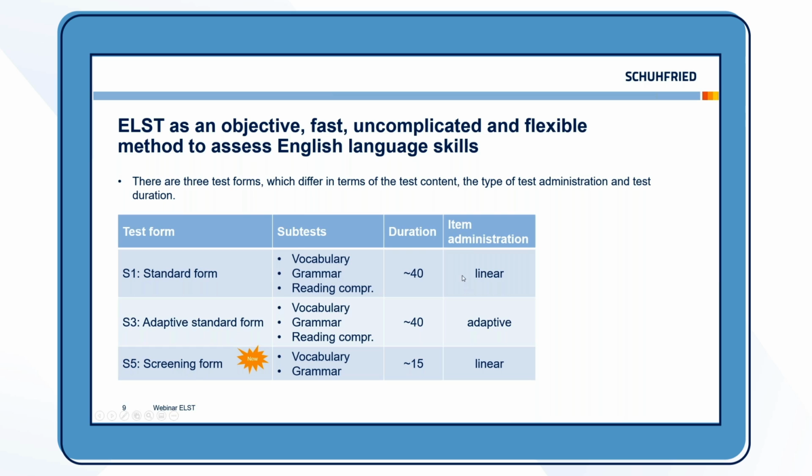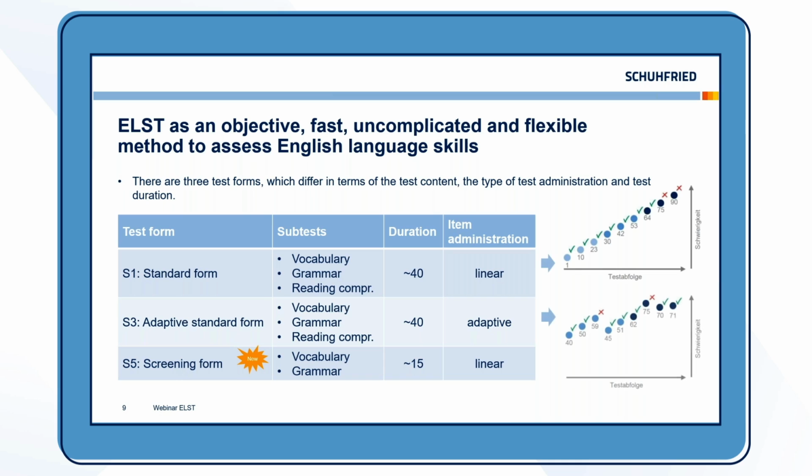So in the standard form, we have a linear item administration, which means that the same items are always presented for each test person in a defined ascending order and ascending difficulty, regardless of how the test person responds